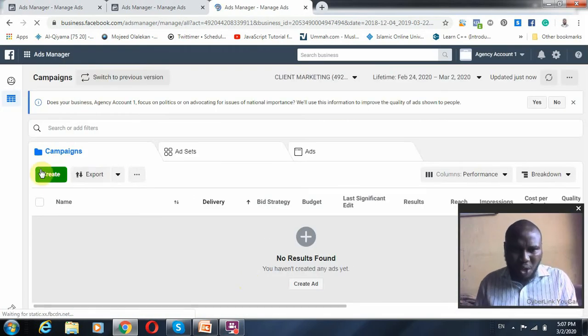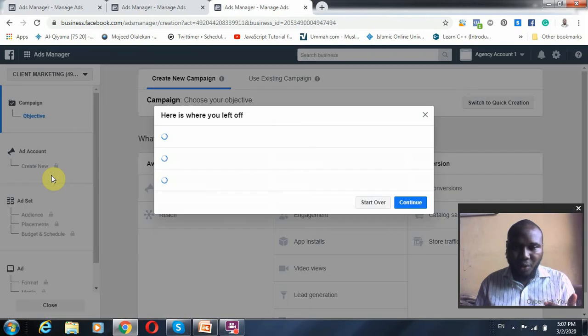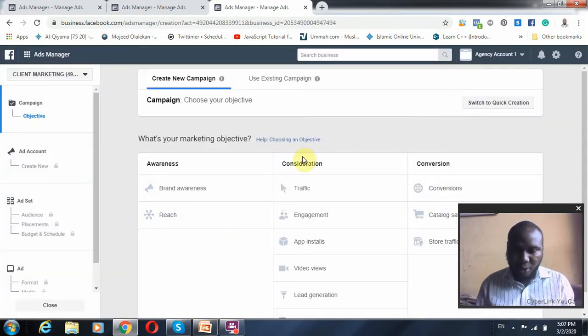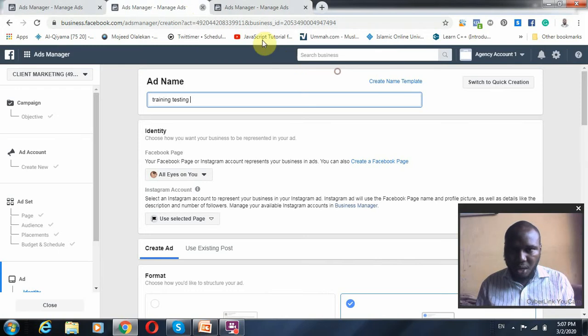So basically, what you just need to do once you get to your ad account, where you would need to use your ad account to run your ads on Facebook, is you just click on create. Okay, let me start all over from the beginning. So you create. Whenever you click on create a campaign,